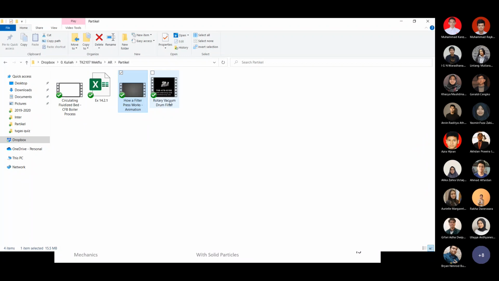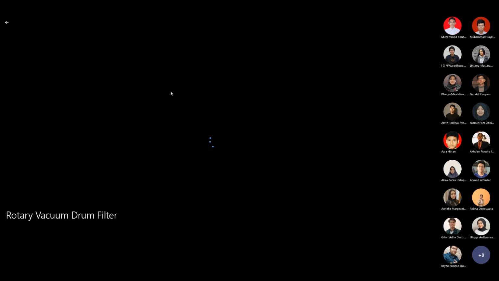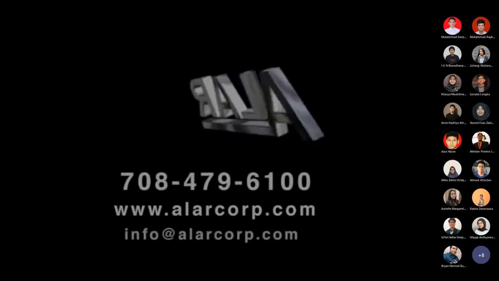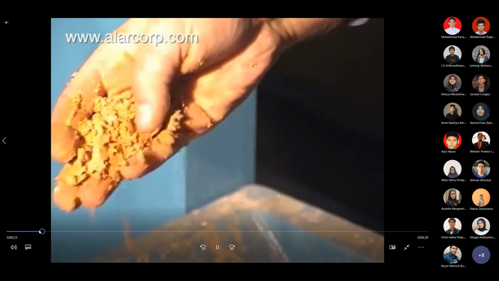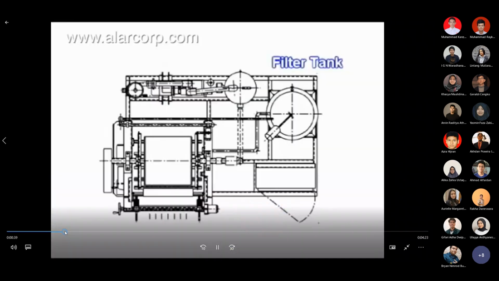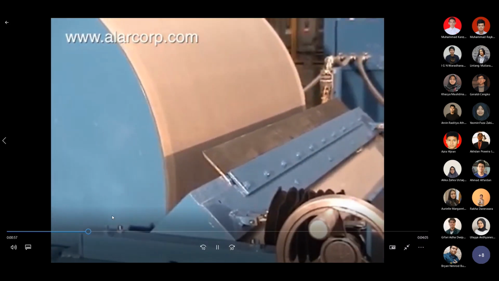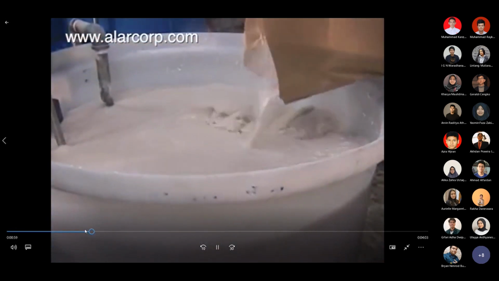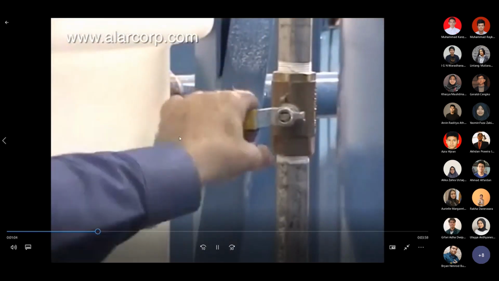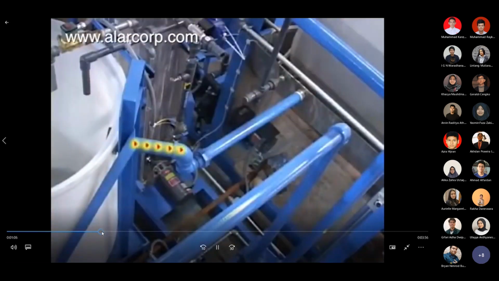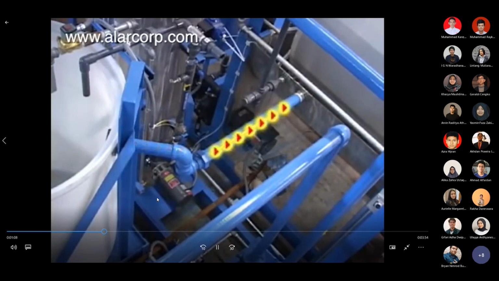Rotary vacuum drum filter. Turns wet sludge into dewatered dry waste. It is offered with both semi-automatic and automatic designs. The operation of this Autovac filter is semi-automatic. The operator charges the pre-coat tank with filtering media called diatomaceous earth, or DE. The DE slurry overflows into the filter pan,